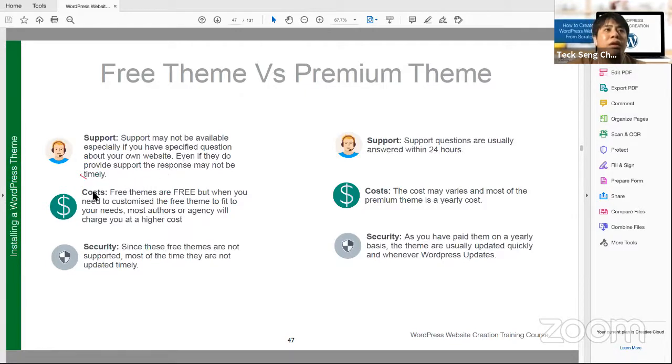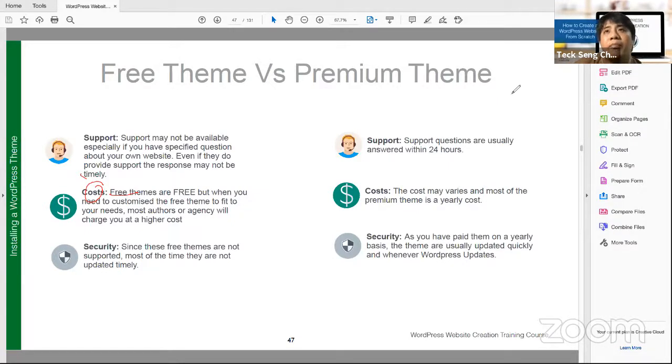Cost wise, of course the advantage is free, but when you want to customize the free theme, usually authors or agencies will charge you higher because it is a free theme, and it's harder to do. For security, as I mentioned, the free theme is usually one shot only, so usually they don't update anymore. If they don't update, your security is actually not very good.